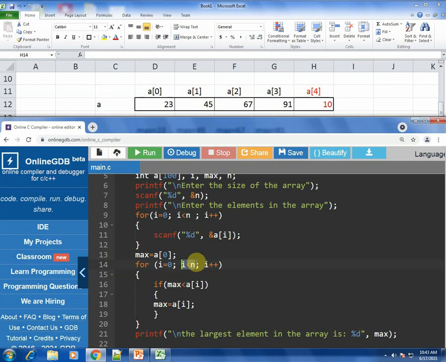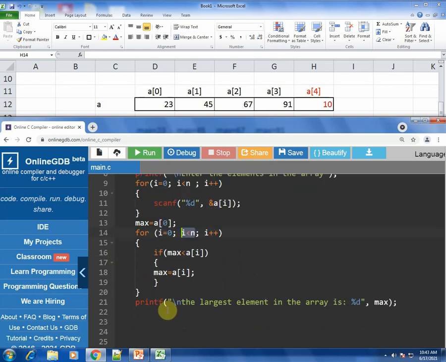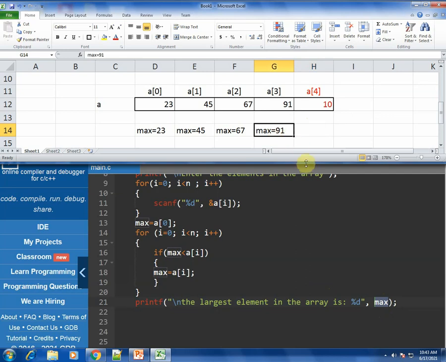Hence you finish with the for loop, and you print what is just outside the for loop. What is that? This is the printf statement printing what is stored in the max variable. Currently what will be in the max variable at last? In the max variable there is 91 as per our example.